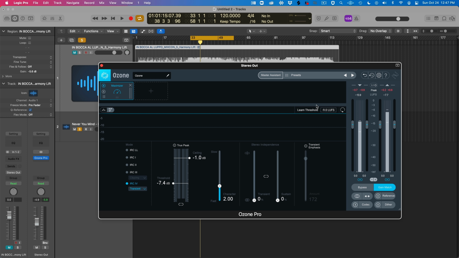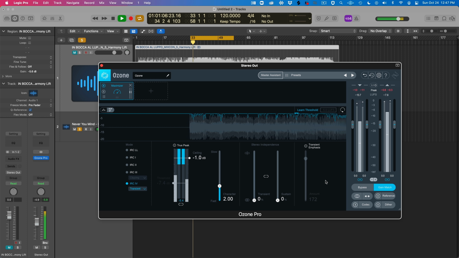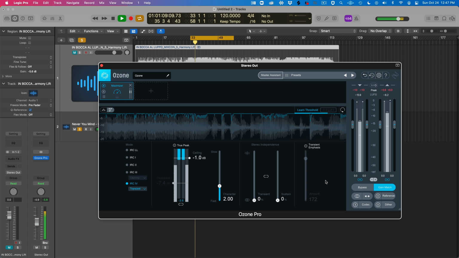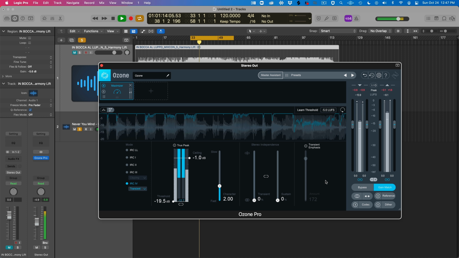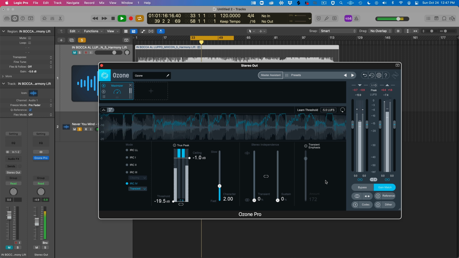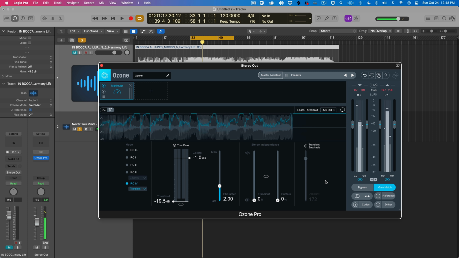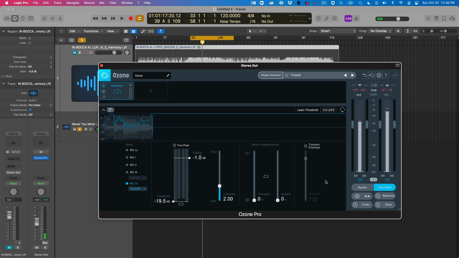This is not going to be up to broadcast code, so don't use it if you want to hit a certain spec. But let's say we wanted to go really hot, okay? -5. So that's insane, but it's going to dynamically adapt and make sure that we hit -5 when we export and pop it into like waveform stats and RX or something like that. So that just about rounds out the